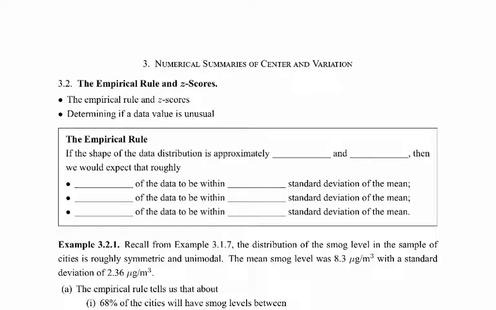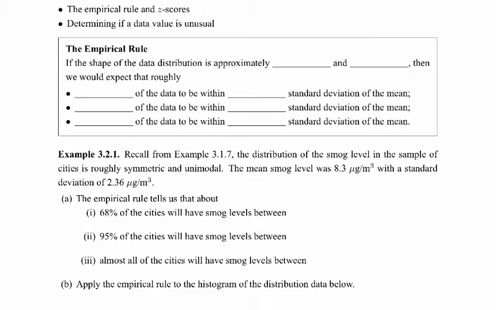So first of all, what is the empirical rule? If the shape of the data distribution is approximately unimodal, so I'm going to fill that in here, unimodal, and symmetric, I'm going to abbreviate, didn't leave you much room here, but symmetric, that's really the key characteristic, then we would expect that roughly 68%